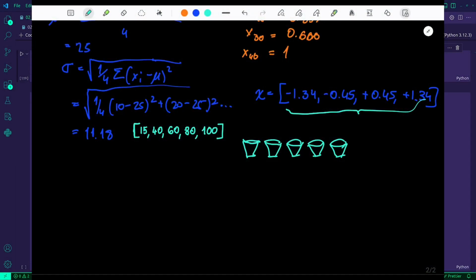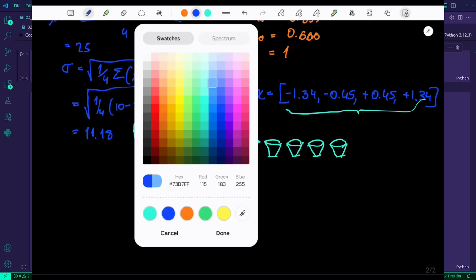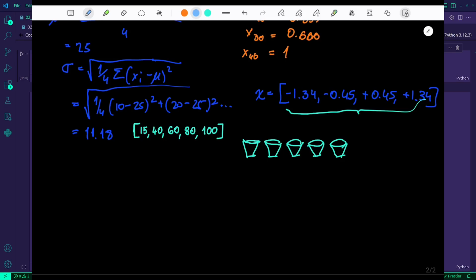And mathematically, it would look like this. So I'm just going to pick a color. E to the minus gamma times x minus x0 squared.